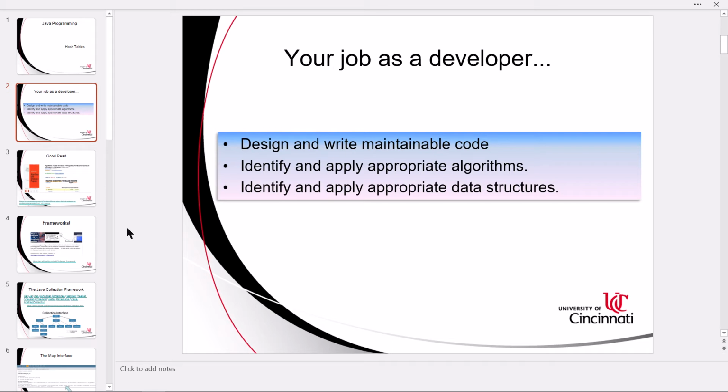Another job that you have is finding and applying appropriate algorithms. Do you have to control an engine that's about to overheat? Do you have to control a bandsaw that's about to explode because the blade has become dull and the device is vibrating itself apart?